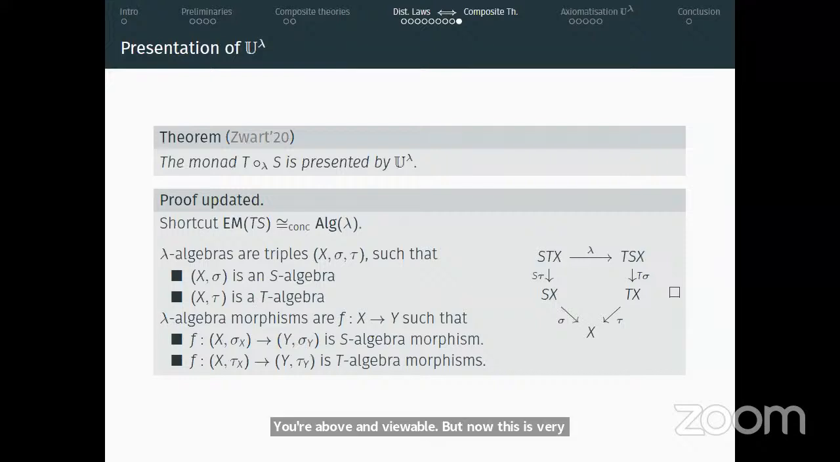So that was it for the proof of this correspondence. There is one last result, which is that in both directions, we have that the composite monad given by the distributive law is presented by this composite theory. And in this direction,